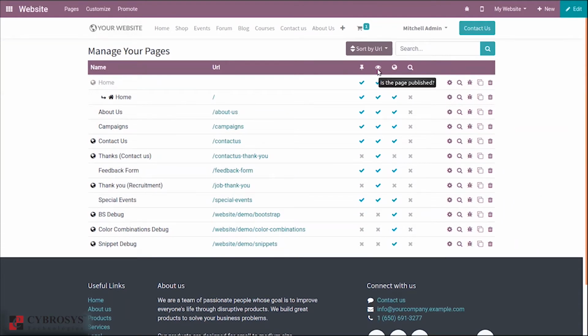And you can see an option whether a page is published or not. If it is not published, you can see the cross mark here, and you can also see whether a page is indexed by search engines. Then you can see another option, whether a page is SEO optimized. So you can see all the SEO optimized pages. And here we have the option for settings, in order to manage this page.